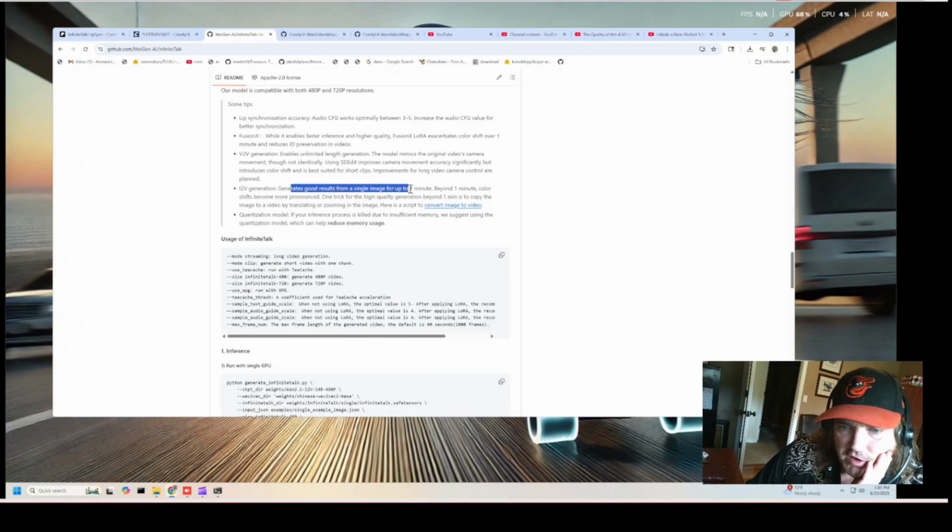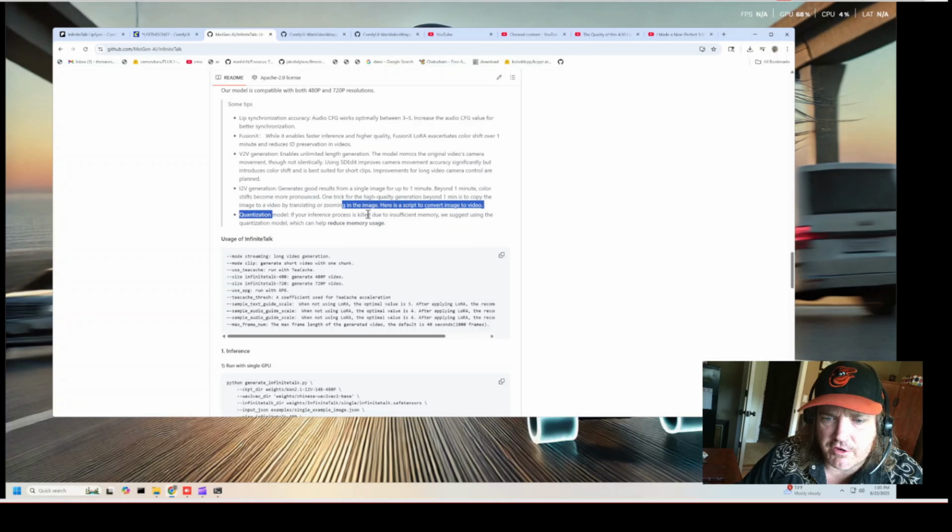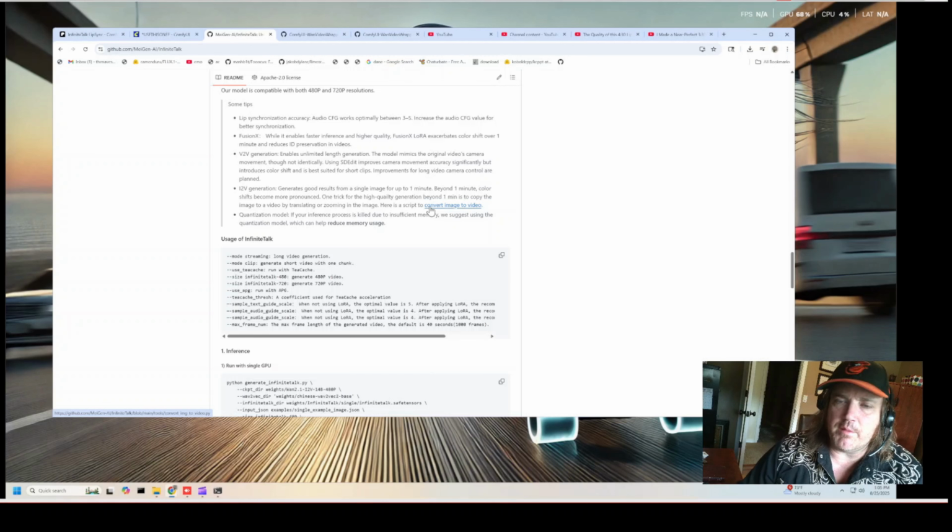Generates good results from single image for up to 1 minute. Beyond 1 minute, color shifts become more pronounced, which they do. I've done videos where little sore-looking things start popping up on the head. One trick beyond 1 minute is to copy the image to a video by translating or zooming in on the image. Here's just some script to convert image to video. So it's saying that maybe video to video might work better with the image to video. Okay, which we're not going to cover in this